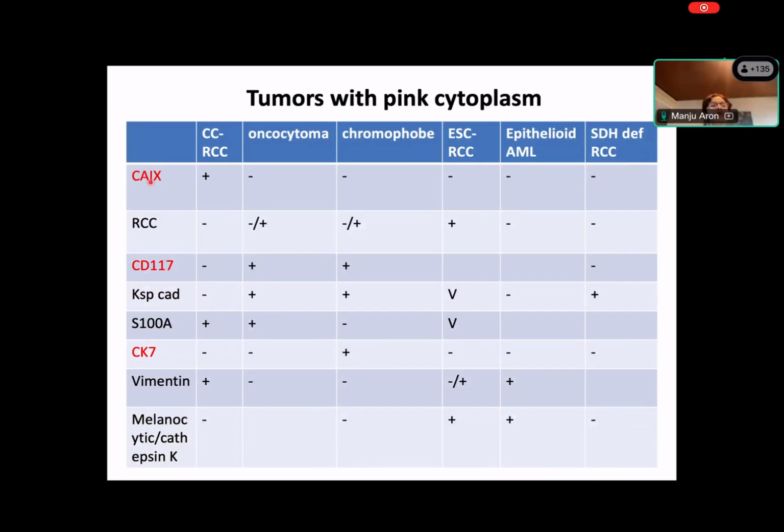And once you've done that, then you want to say, okay, that's not a clear cell RCC. Is it a chromophobe RCC? Do CD117, do CK7, and then of course, if it's an epithelial angiomyolipoma, for example, all these keratins will be negative, right? And it'll be positive for melanocytic markers like HMB45 or microphthalmia transcription factor and cathepsin K. So knowing what your differential diagnosis is, you tailor your immunohistochemical panel